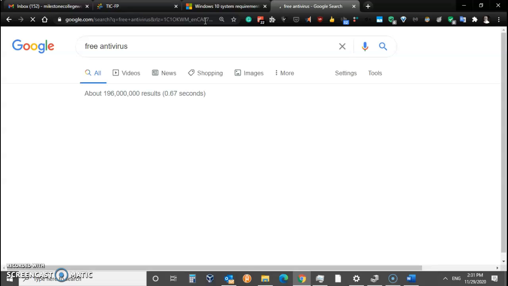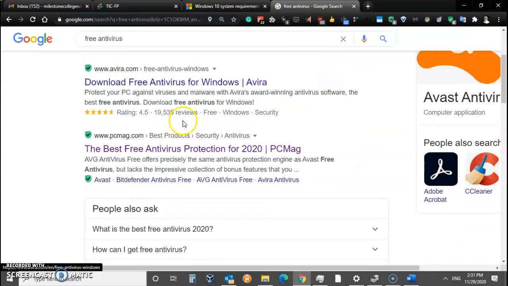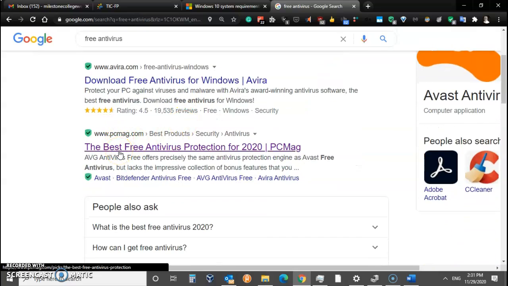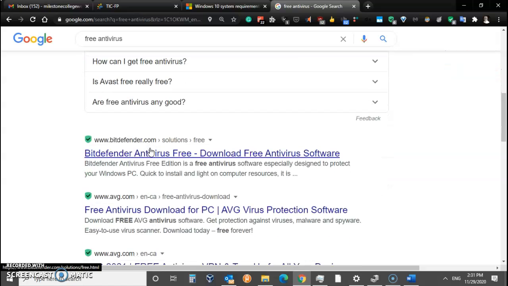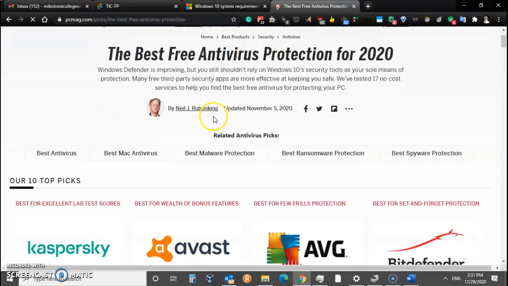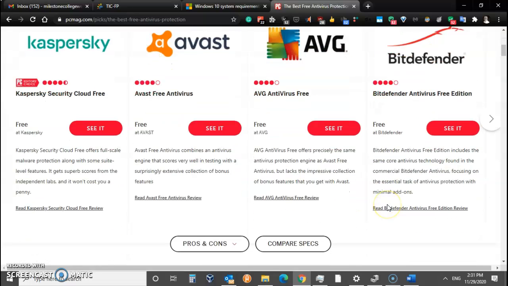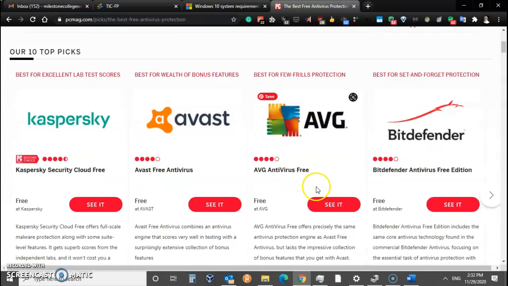antivirus software, and you'll see a number of lists here. Okay, if I scroll down, there's PC Magazine. It reviews some of the antivirus software, so that's a good place you can go. And they will go through the best free antivirus software. So you can see here, this one received 4.5 stars out of 5, 4, AVG 4, and you know, they give you the link so that you can